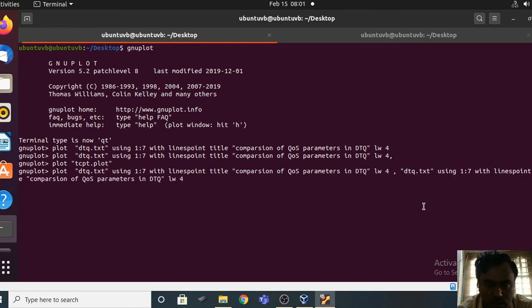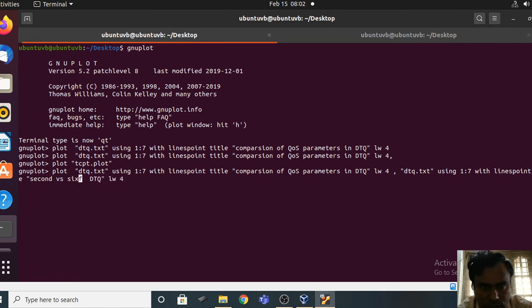So if you want to make any changes, comparison of, okay, you are plotting second versus sixth, that is column second versus 6.